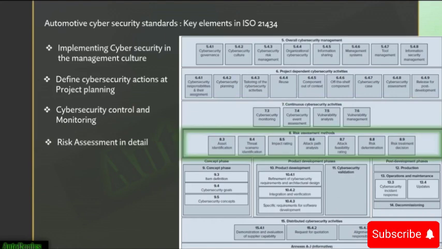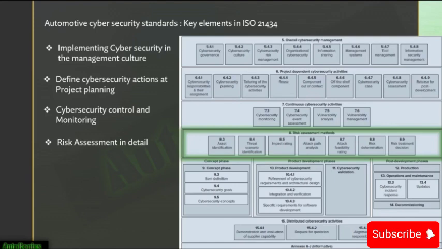Then comes the risk assessment methods, what it is. So this section deals with the possible evaluation measures to determine the impact of a threat to the car user. The procedure is as follows. We can talk about the entire sections, which are asset identification, scenario identification, impact rating, attack path analysis, attack feasibility rating, risk determination, risk treatment decisions. These topics are self-explanatory, but still we can discuss one more point here.